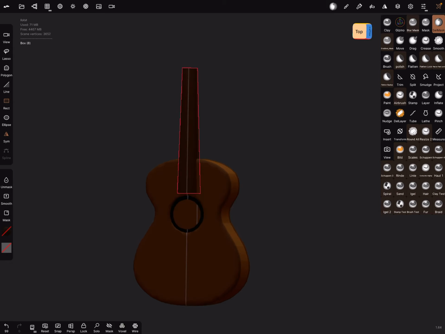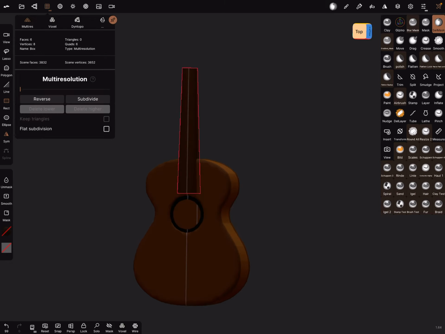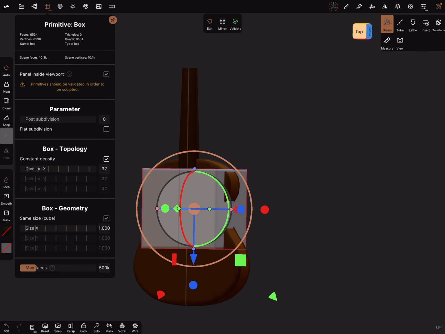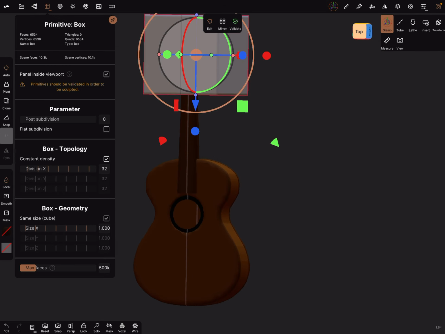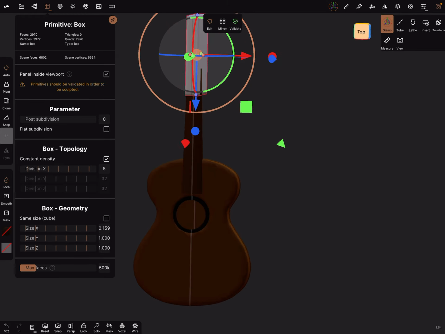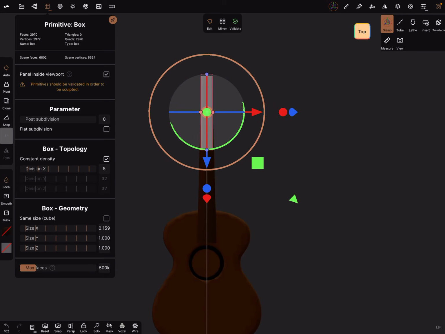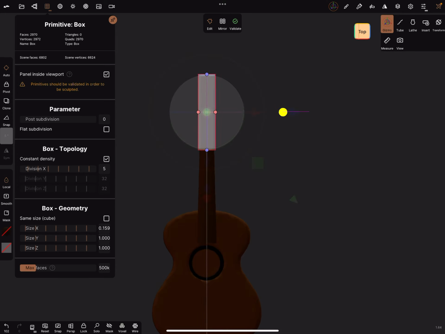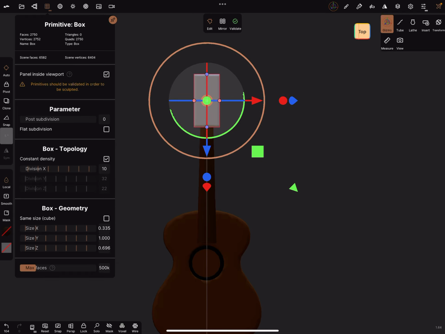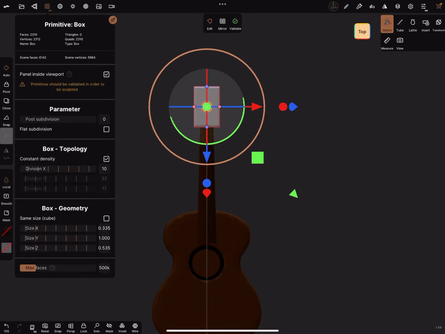Now, the last part is again a box. Like this. Topology to 0.